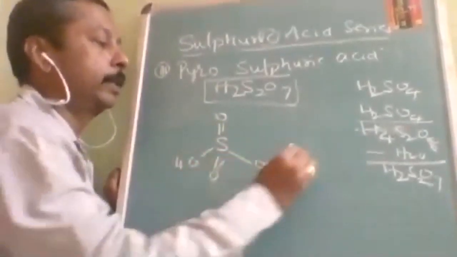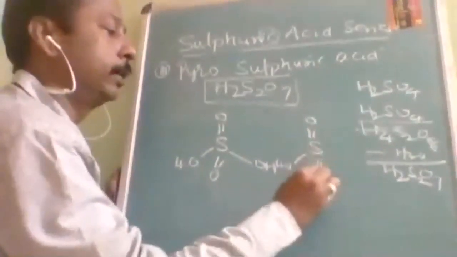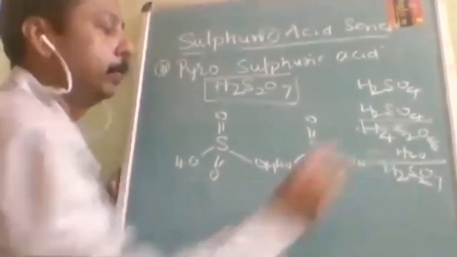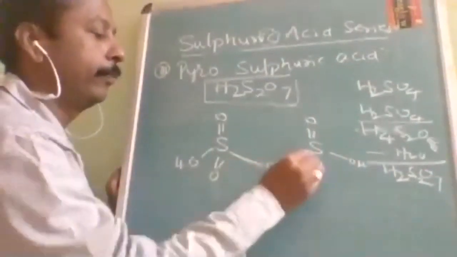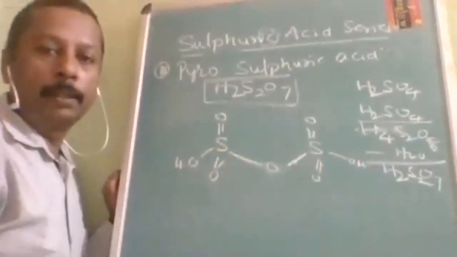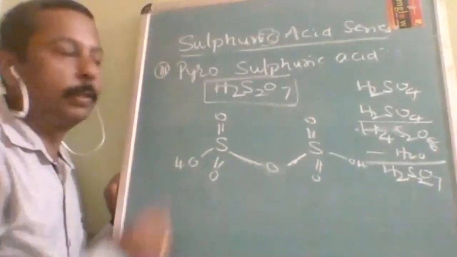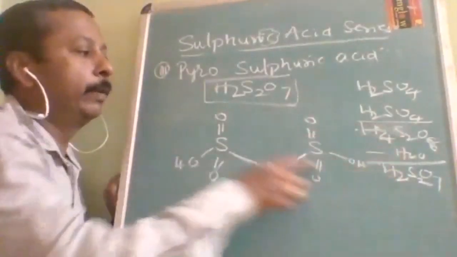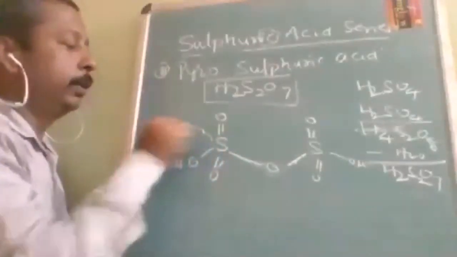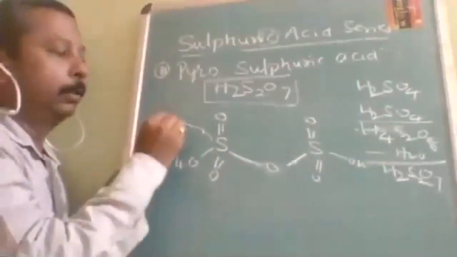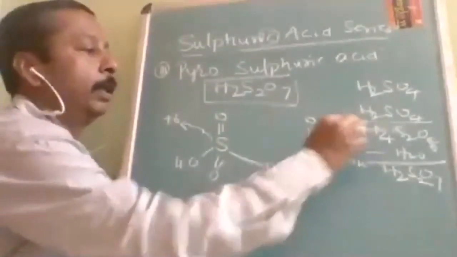Okay, this is one sulfuric acid and this is another sulfuric acid. When I remove water, there will be one oxygen here. So this is going to be the structure of pyrosulfuric acid. Is it understood? See, one word meaning so many advantages, formulas and everything. Now you can tell me the oxidation number of this one. Very good, plus 6. This is also going to be plus 6.